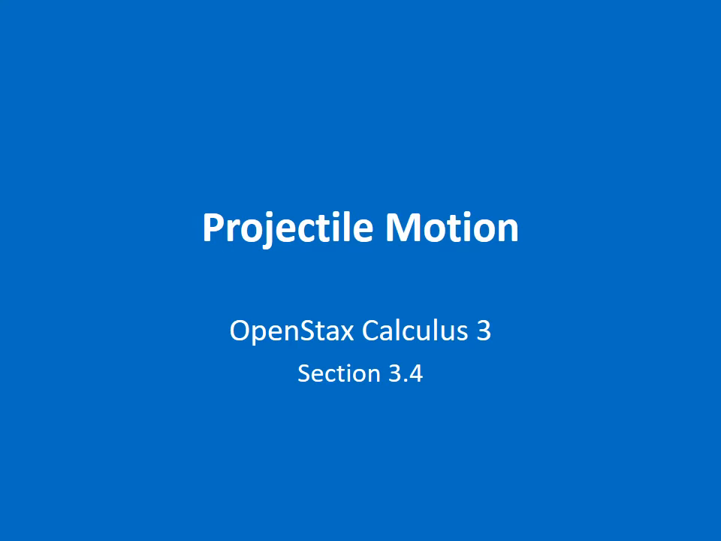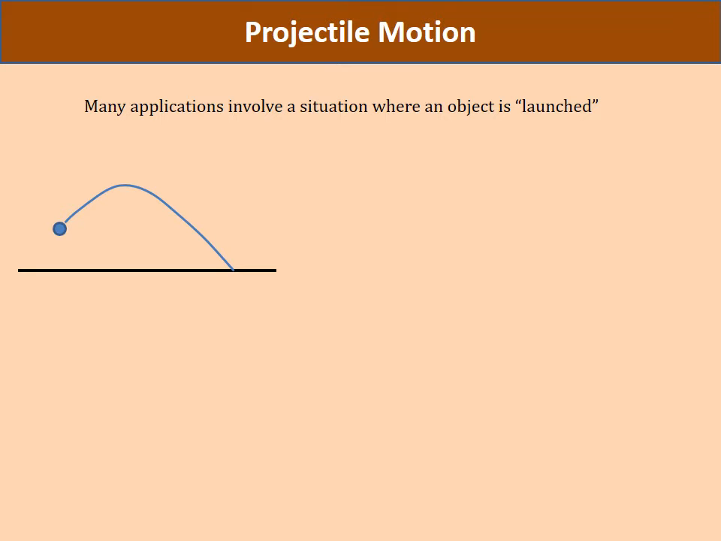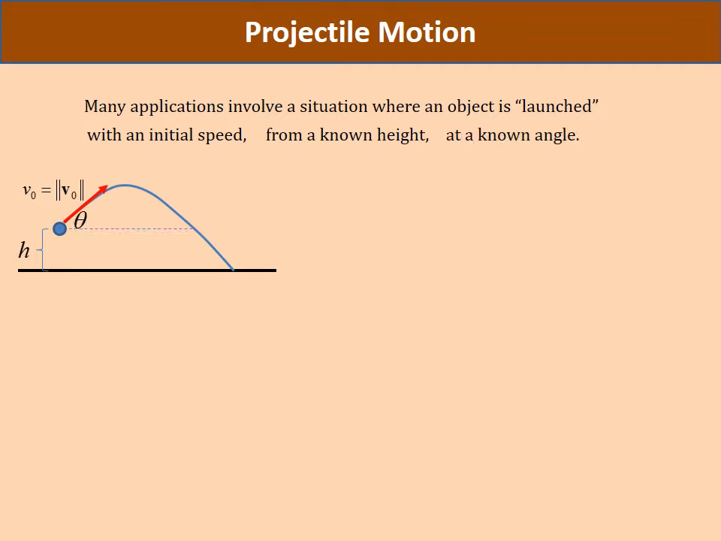Now we want to see how we use vector functions to model projectile motion. So we have lots of situations where we have an object that is launched, shot, thrown, whatever, with an initial speed from a particular height and at a known angle. So let's see how we can incorporate those quantities into a vector function,